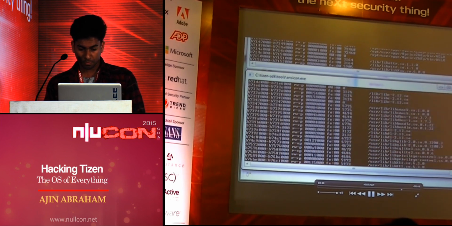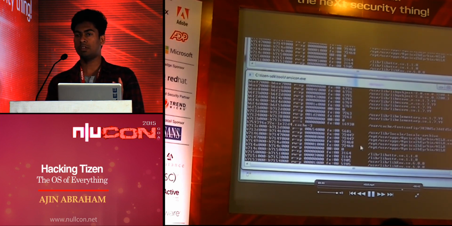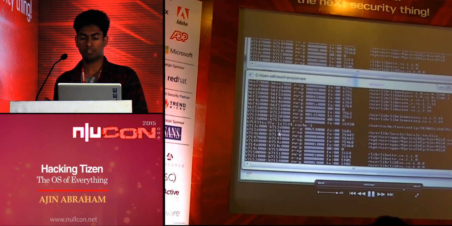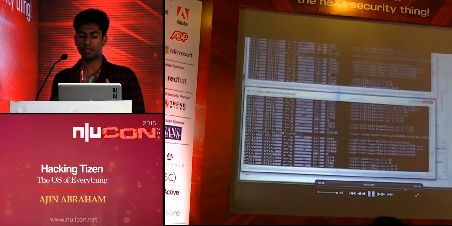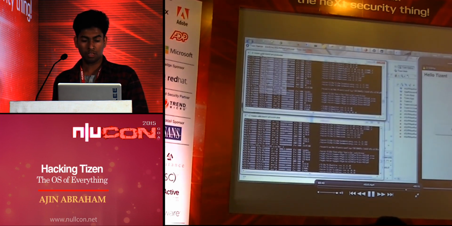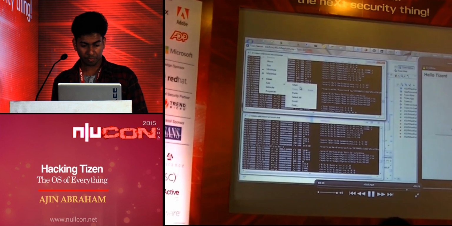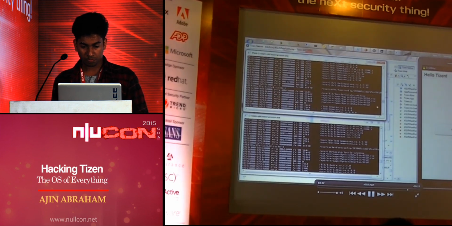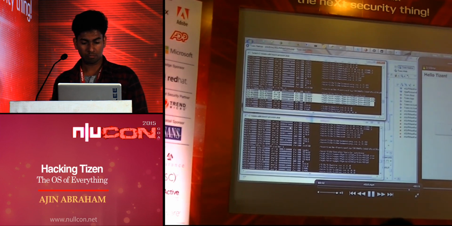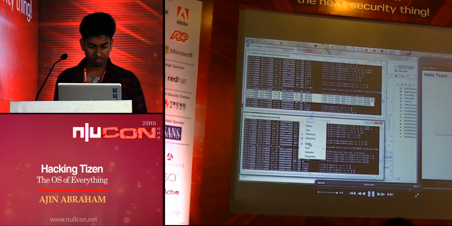If you compare both of them, they are loaded at the same addresses even if you run the app multiple times. That's not the supposed behavior. If ASLR is enabled, their base addresses should be randomized. That is not happening here. I'll just show you that. Check the addresses on the left side.